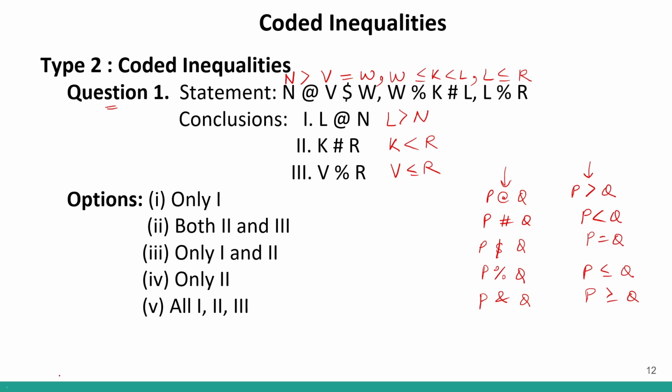So if I look at L is greater than N, correct? L is greater than N. I can see over here that we have a relationship of L and W, and we have a relationship of W and N. So I can see L is greater than K, which is greater than equal to W, correct? And W is basically less than N, correct? W is equal to V, and V is less than N. So can we find the relationship between L and N? No, because we don't have the bigger door to follow. Here the things have changed, correct? So this is false. Now let us look at option number 2 or conclusion number 2.